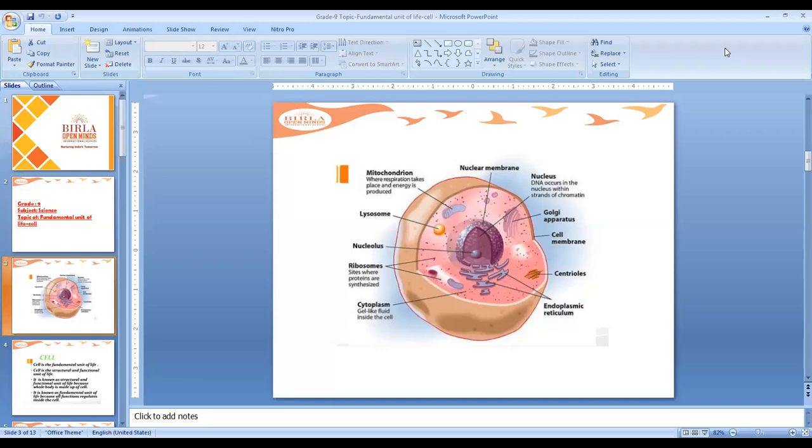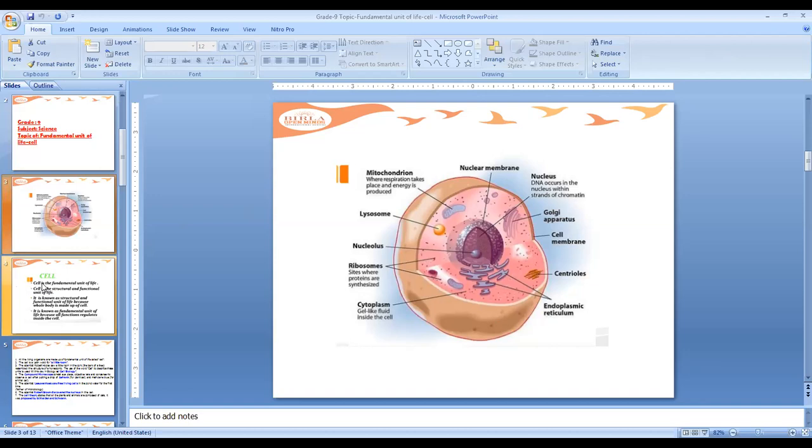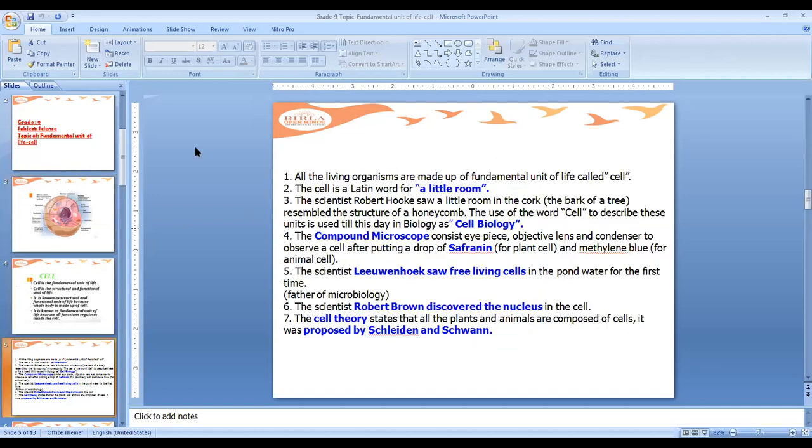Okay, we'll discuss once again the differences, and I'll give you a clear idea about plant cell and animal cell also. So we'll go through the animal cell first, and we'll see in detail all these organelles, children. If we see living organisms, they are made up of the fundamental unit of life,